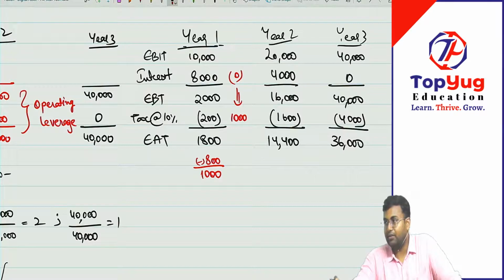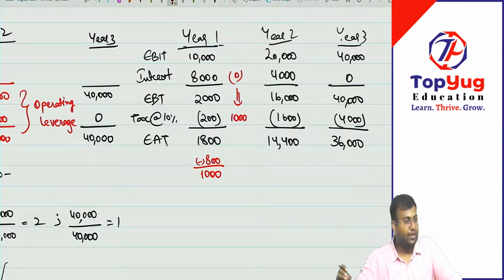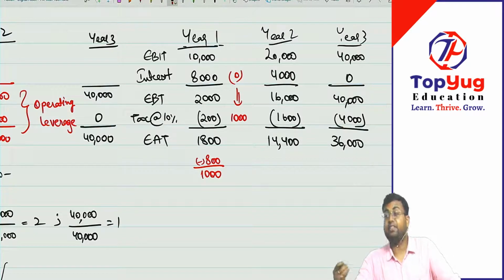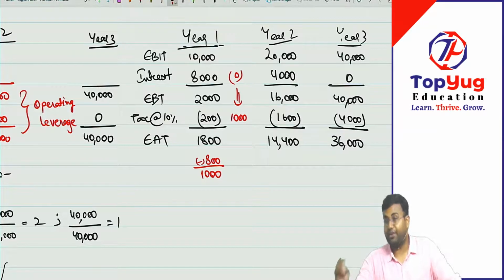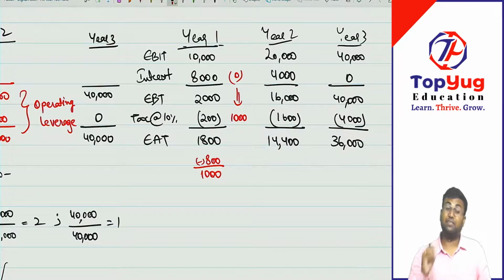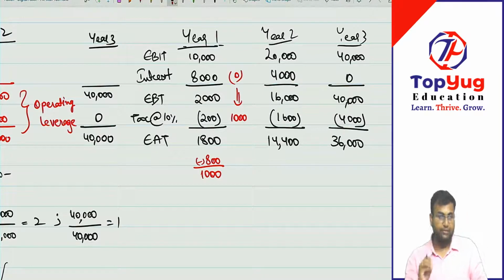1,800 का प्रॉफिट आया ना. अगर सपोज ये नहीं होता तो 800 रुपए इसमें जो कम है, the 1,800 which we are having is the 800 is because of tax shield on this. 800 is because of tax shield which you enjoy because of interest. Are we able to understand? This is very important concept here. You should understand this concept very, very well.